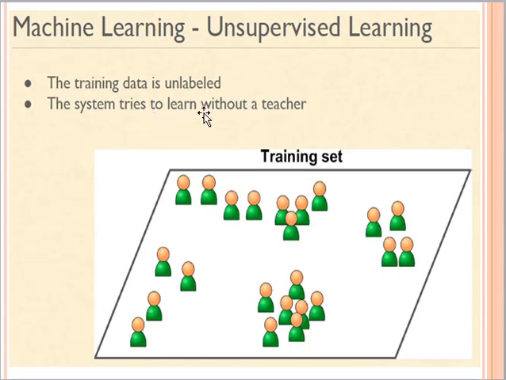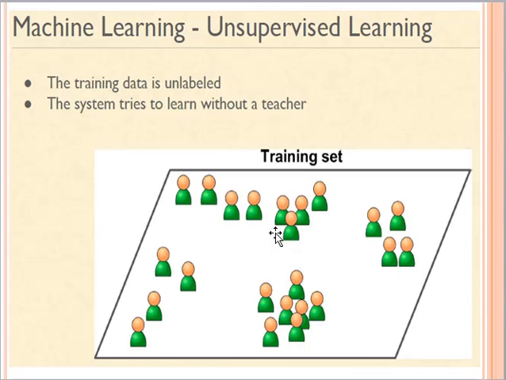The system tries to learn without a teacher, right? Since we don't have our desired output, it means that there is no one teaching our algorithm about the output data. So the system is basically trying to learn by itself from the data based on the characteristics and attributes. We have a set of training data here, and that training data can have different individuals, and